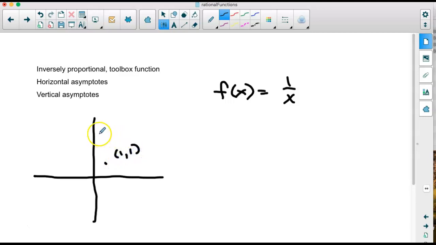It goes through 1/2, 2. And it goes through 2, 1/2. So it goes through those points specifically, and it curves this way